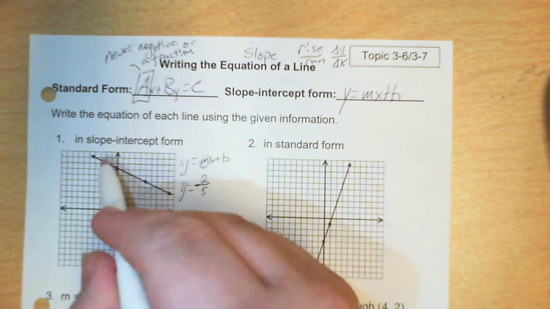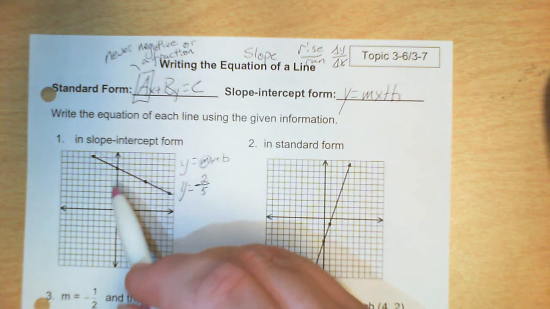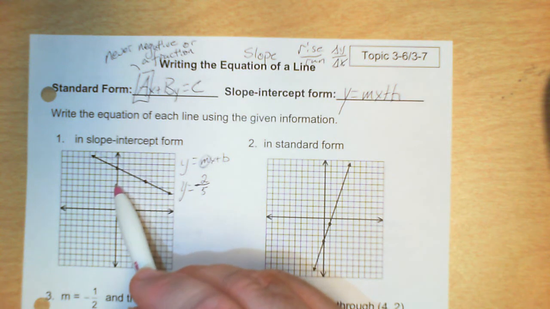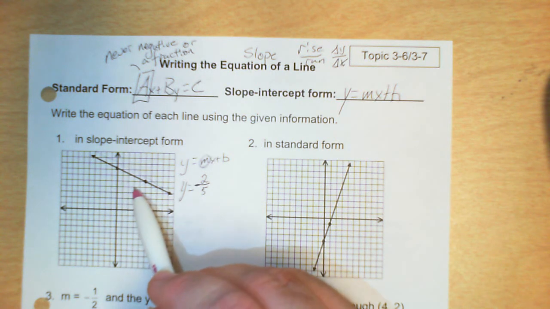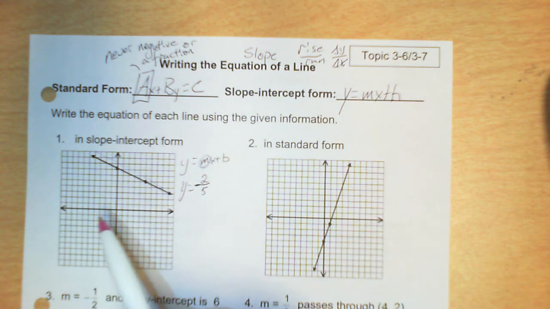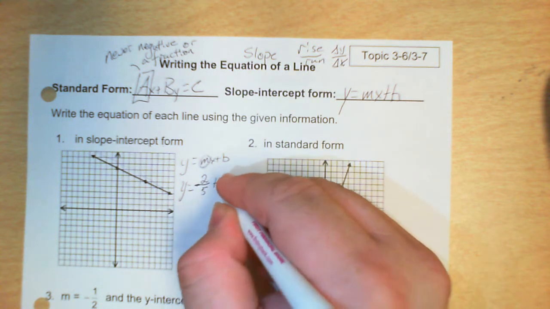Okay? It's negative because it's going this way. So as it goes positive to x, it's going down 2 and then over 5. Okay? If it were a positive slope like over here, it'd be going up and over. Here it's going down and over. Okay? And then my b